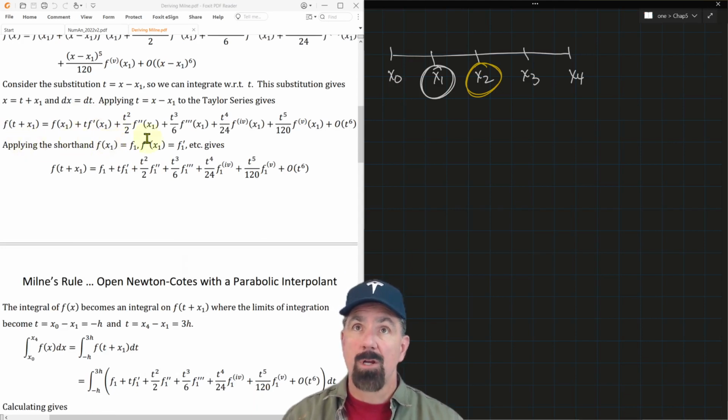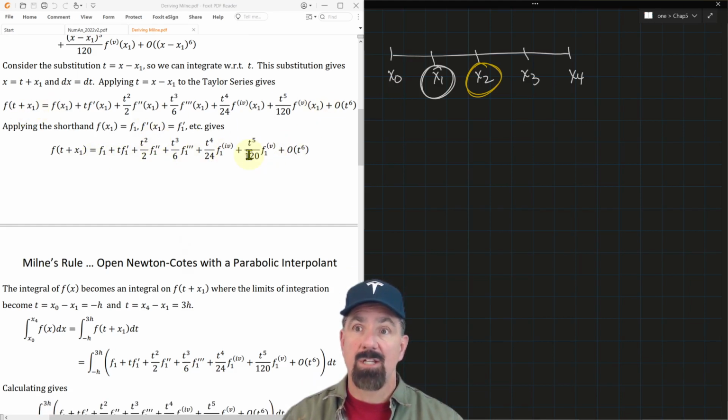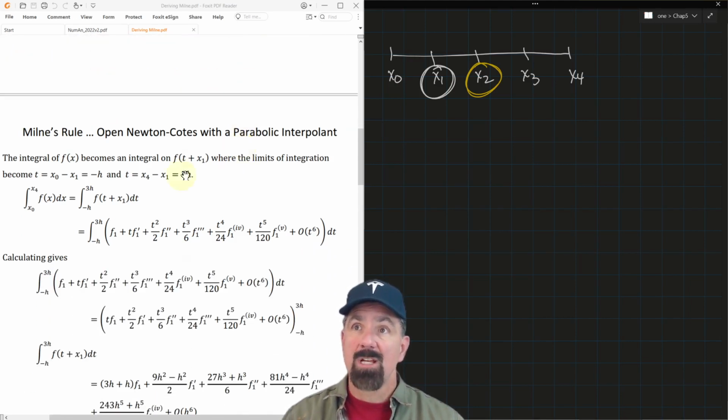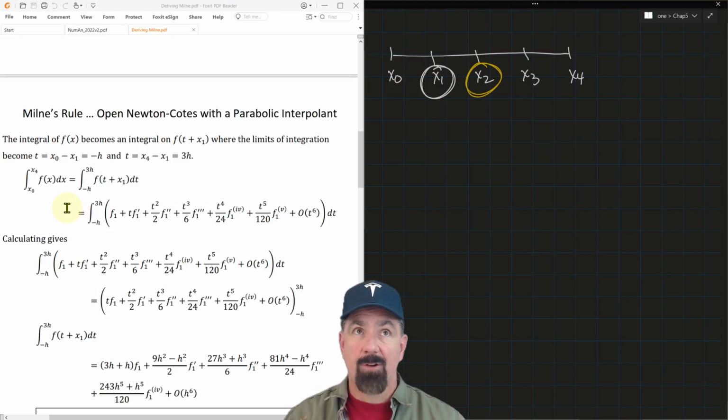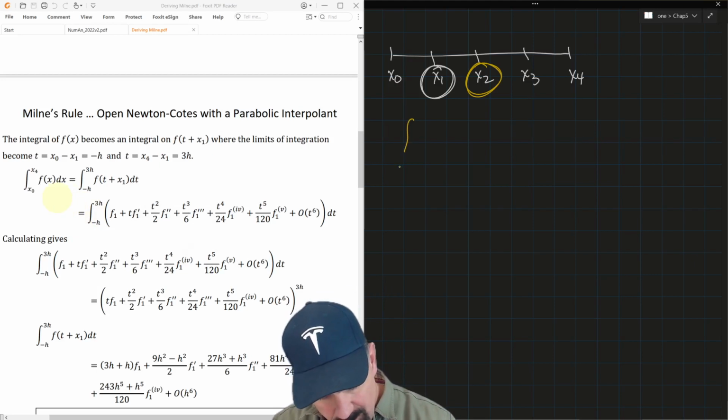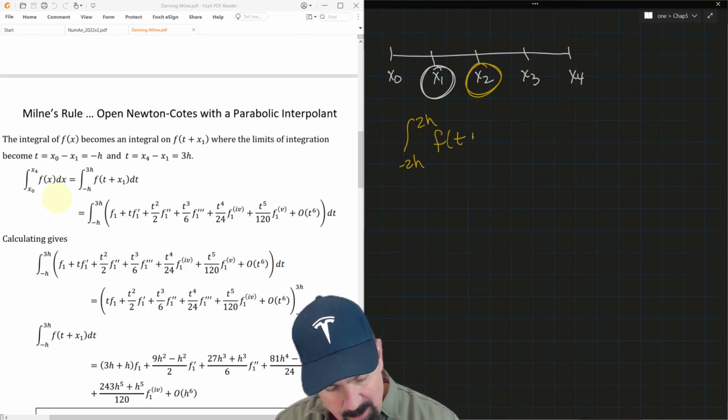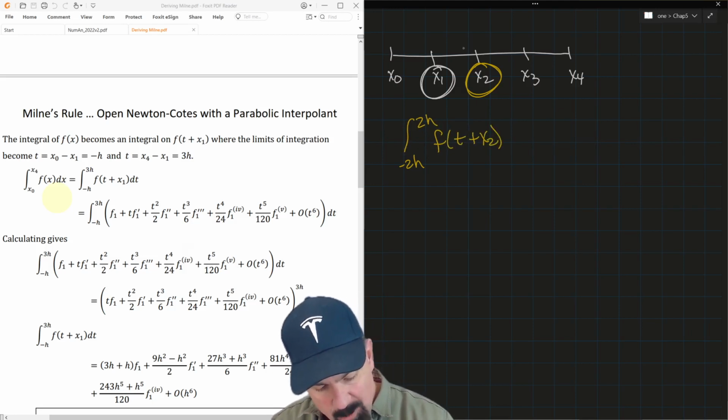So first things first, of course, we're going to build the Taylor polynomial. And we're going to, of course, implement the shorthand that we discussed in class, just to make things a little tidier so we don't have equations going edge to edge on the page here. And then we're going to set up and we're going to do this integration. So the part that would be different if you choose x2 is we would end up with an integral from minus 2h to 2h. And then, of course, it would be f at t plus x2. Remember the h part of it. That's 1h going backwards. That's 2h. This is 1h going forward, 2h. That's why the